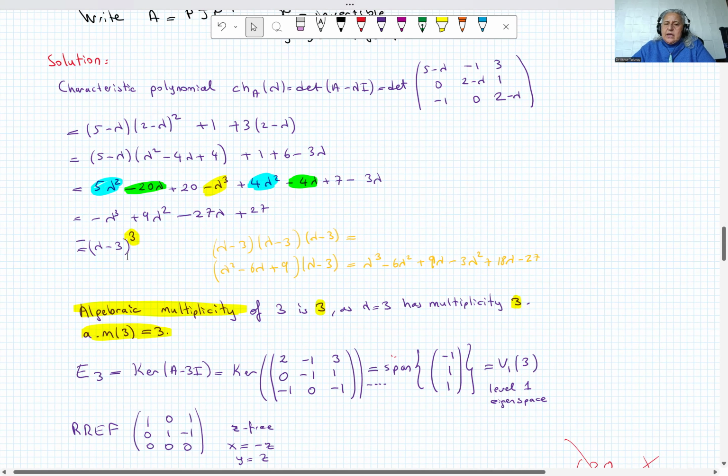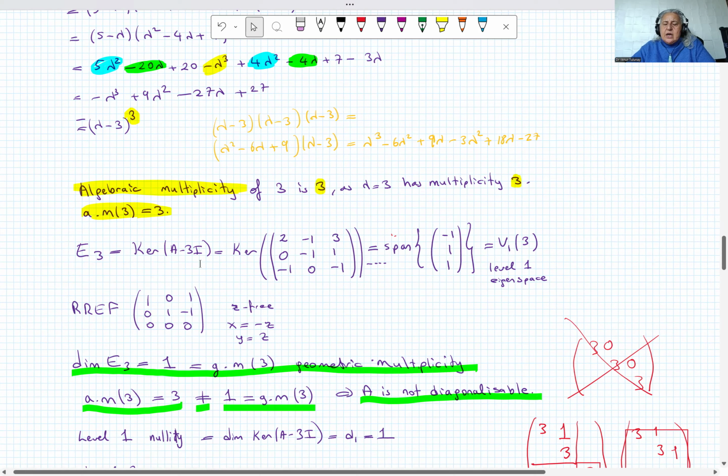Now, if you look at the eigenspace, which is the kernel of A minus 3I, just taking the 3 on the diagonal entries of the matrix will give you this matrix. I'm missing out some calculations here, I'm just giving you the result. It is pretty straightforward to calculate. If you calculate the reduced row echelon form of this matrix, and the last row says